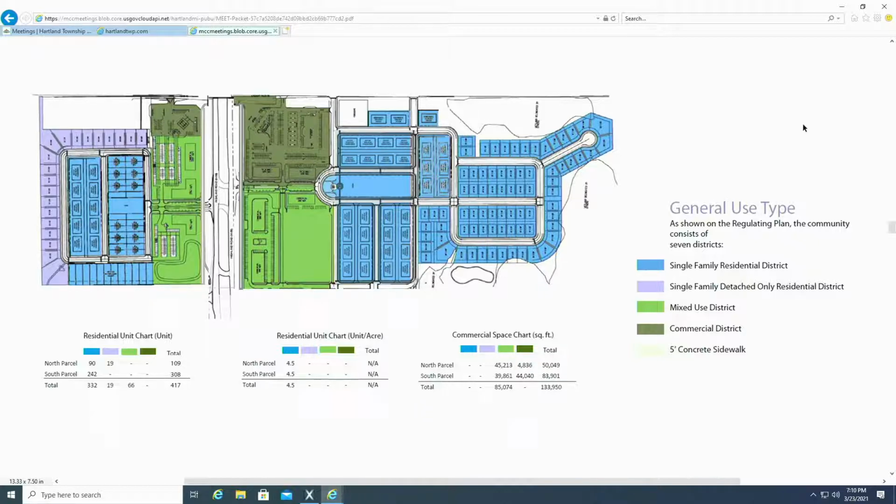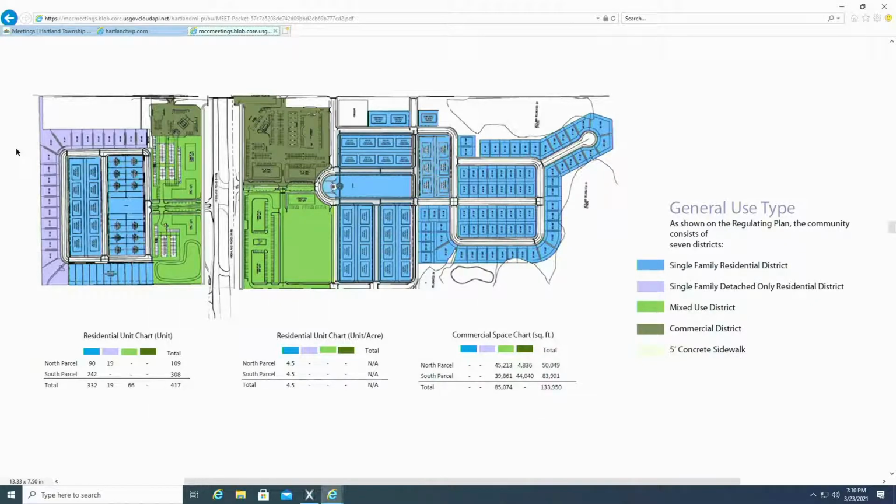There is a purple area, which is single-family only, and those are designed to be nothing other than single-family. During the review of this project, we did have residents that own land that abutted it who had concerns about this development, and the Planning Commission and the board wanted to minimize any impact by having single family back up to those properties.